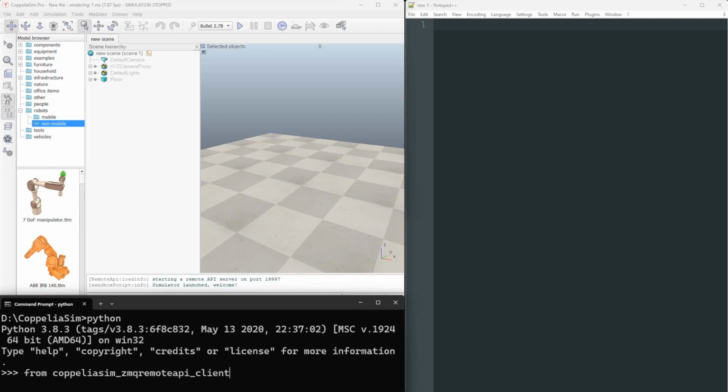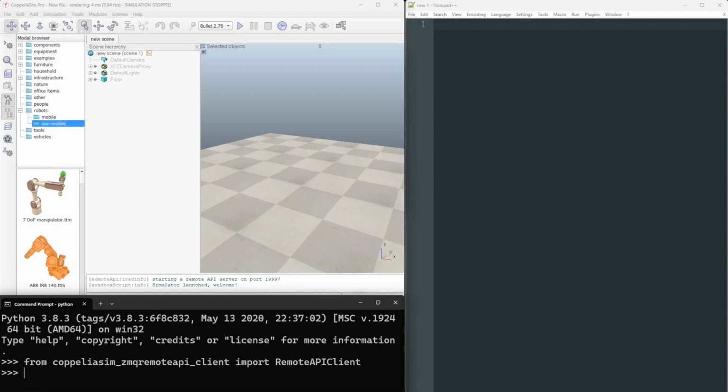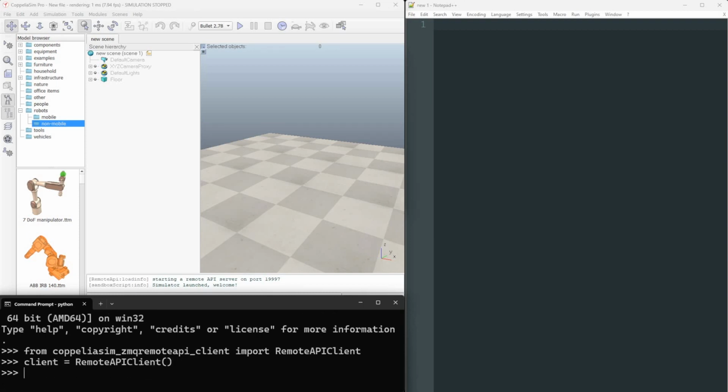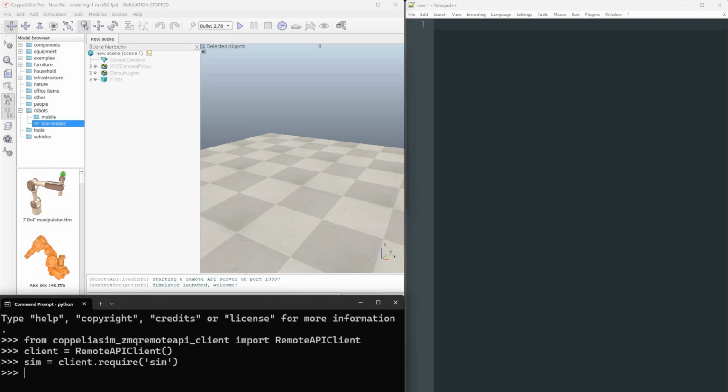This method makes use of a communication client based on ZeroMQ. Once the Python package has been imported, we instantiate a client, which by default connects to the same machine, and use the require method to access the desired remote object, in this case sim, which provides access to the core CoppeliaSim API functions. Now we load a scene,